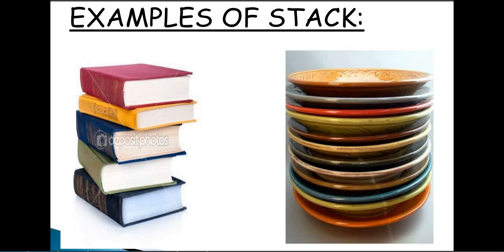And if you want to take any book from the stack, whatever book is at the top will be taken first. The same thing goes for the bunch of plates. If you want to take any plate from the bunch of plates, the last plate added will be the first one taken.